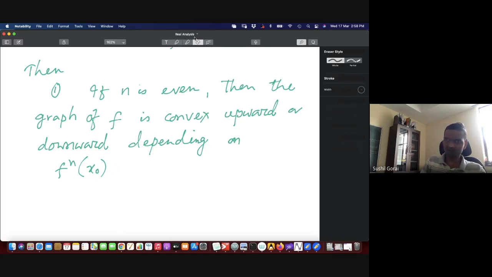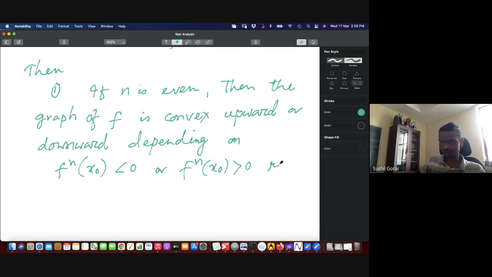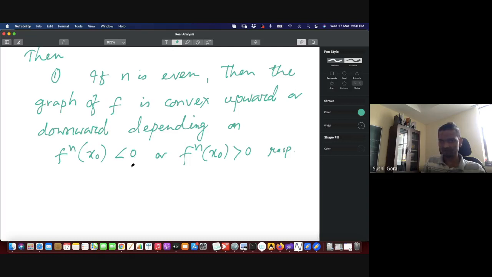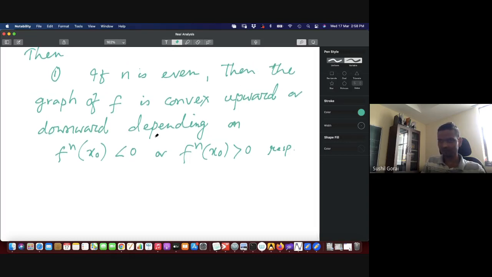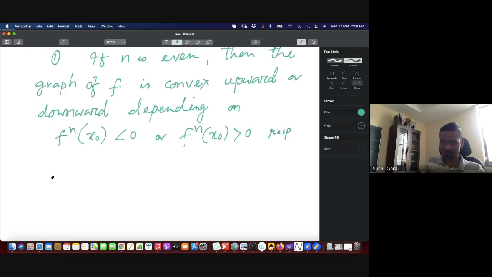Upward means less than 0, or sorry, f^(n)(x naught) greater than 0 respectively. So upward means this, downward depending on this. If n is odd,